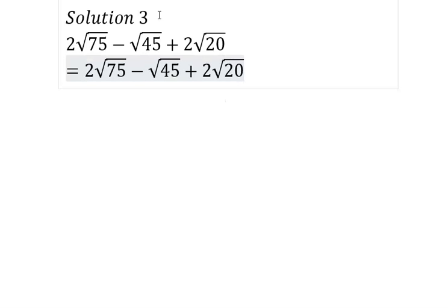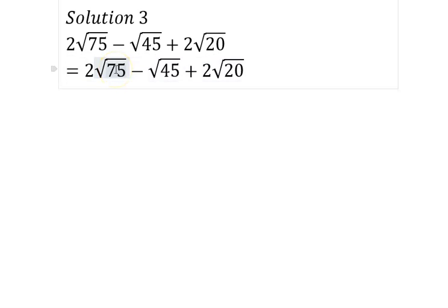We have 2 root 75 minus root 45 plus 2 root 20. So with the experience of what we've been doing from question number 1, 2, and 3, let's see what we can do. Now with this, 75,